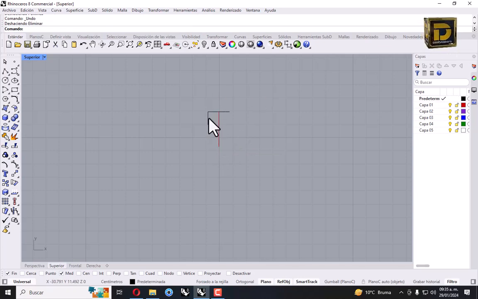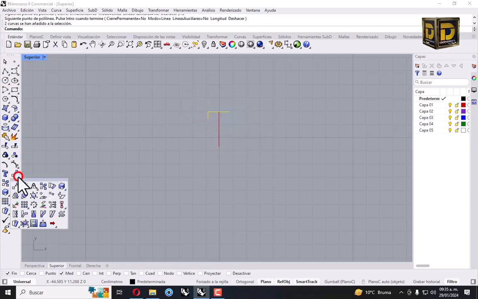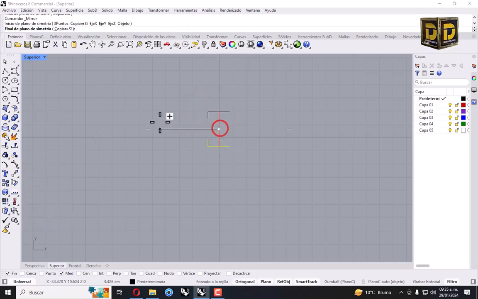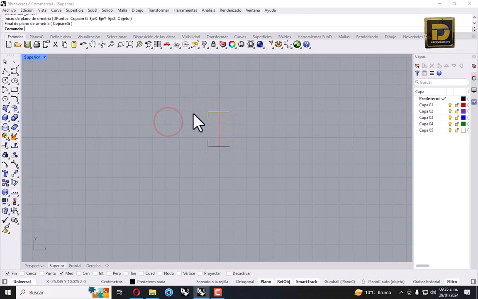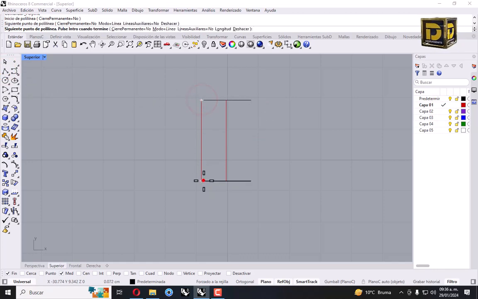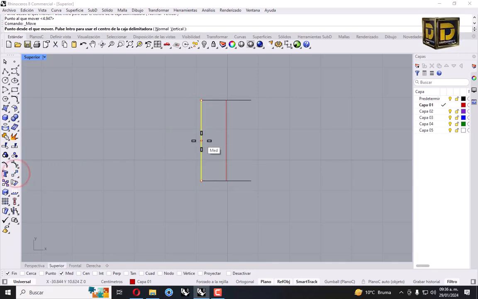Let me see this curve, click 0.5. Okay, select this curve, go to mirror, click here midpoint and clear. We need an auxiliary curve, go to curve, click here, select, let's move from midpoint,